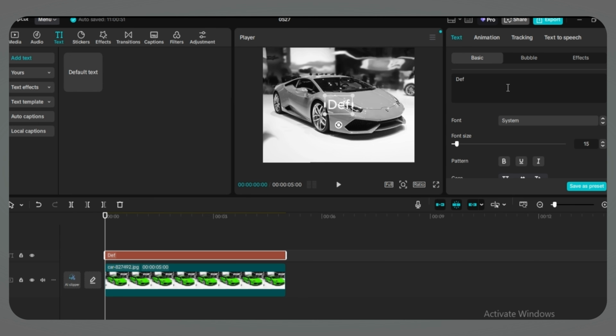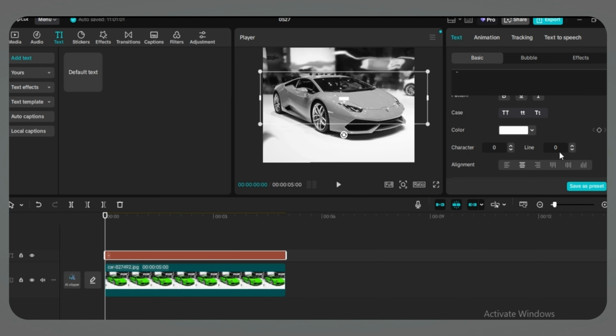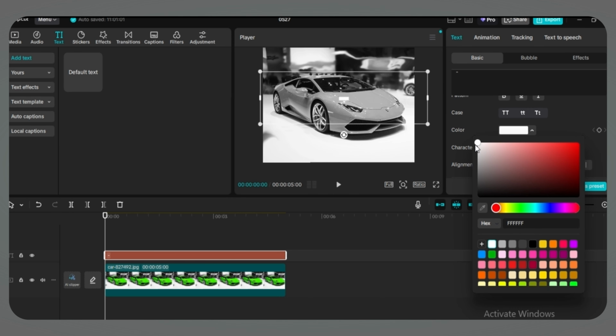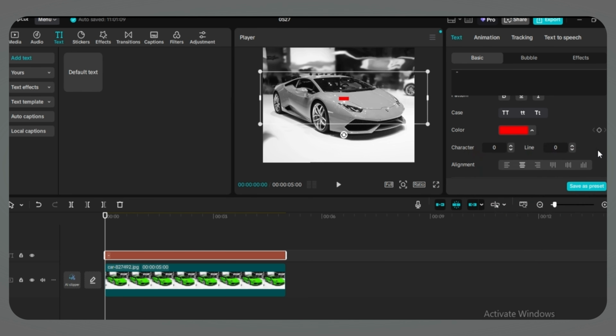After adding the hyphen, we are going to position it on the center of the image. Then the next thing we are going to do is change the color. Here, if you want to use red, you can change the color of the hyphen to red. If you want to use green, any color at all. Because I'm using red, I'm going to change the color of the hyphen to red for this video. After changing it to red,